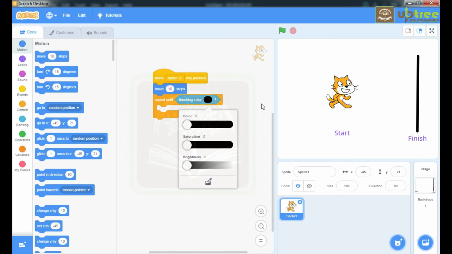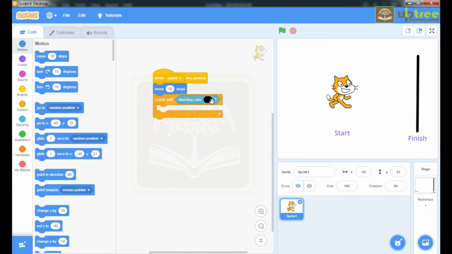It's done. Now when my sprite touches this color, there should be some effect, and that effect is it will go back to its start position, which is go to x minus 45 and y 21. So x minus 45 and y 21 is the current location of my sprite.